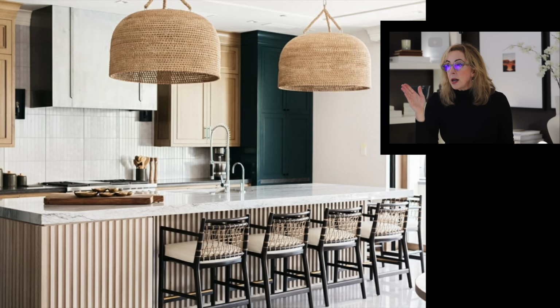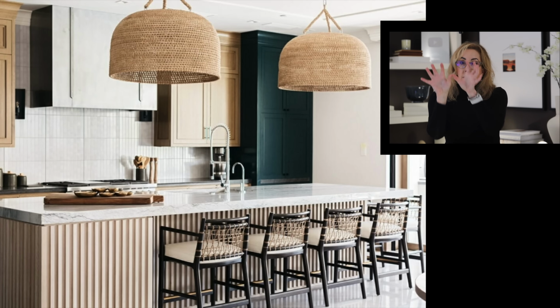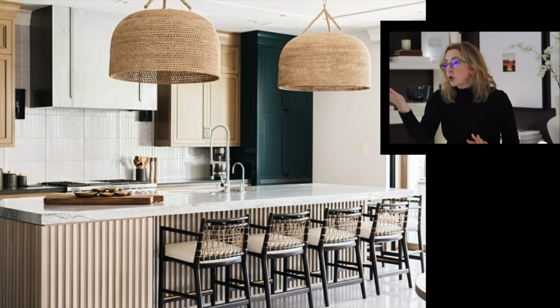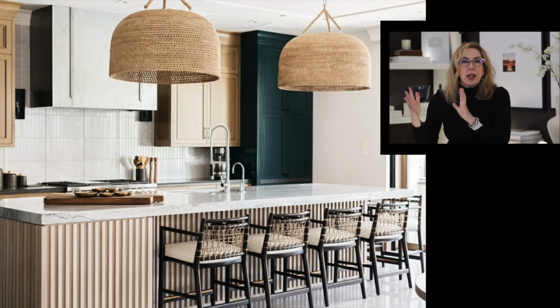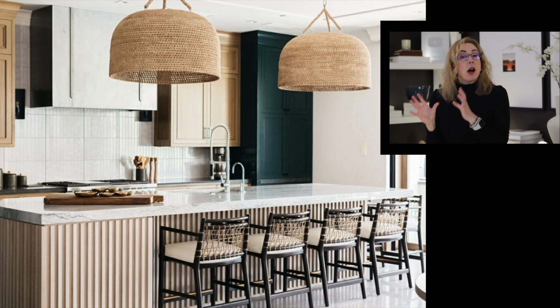This is another great idea, which is they took their island and wrapped it with some fluting. So the idea of that fluted texture running down. They left the other cabinets alone. They were probably a natural material to begin with, or maybe even painted. But when they add that fluting in on the island, not only does it make the island a little bit